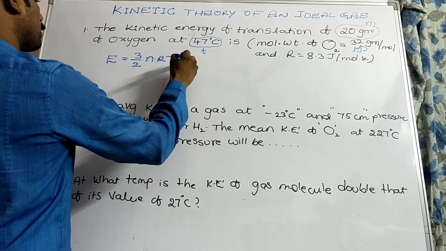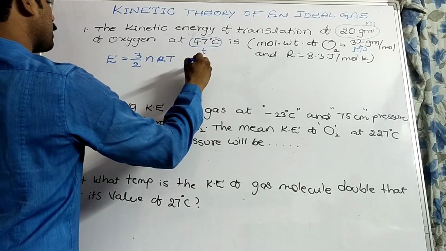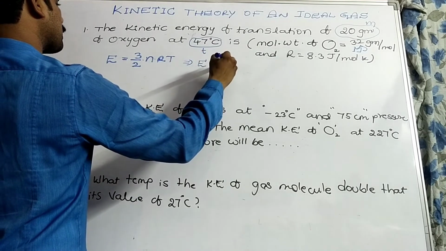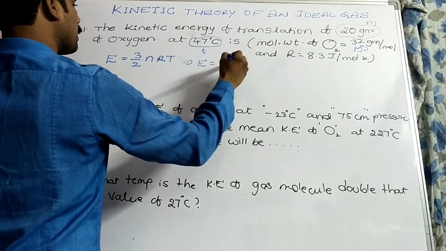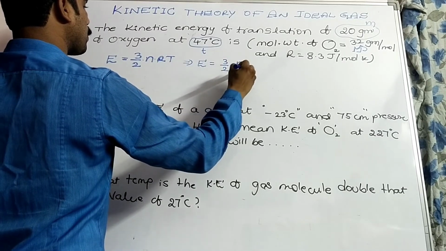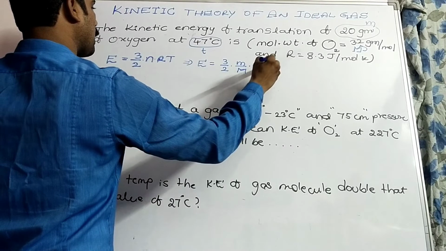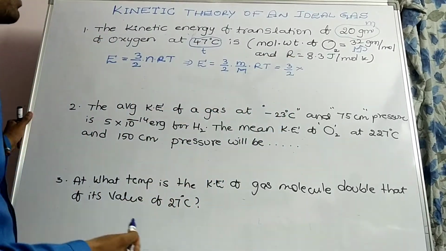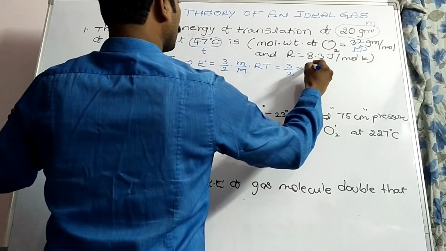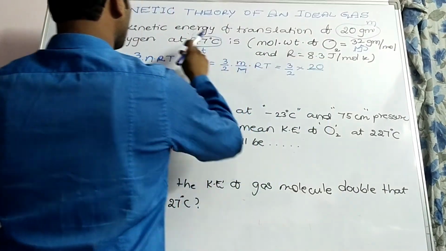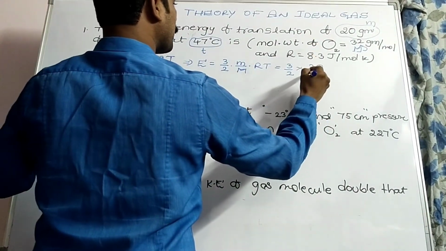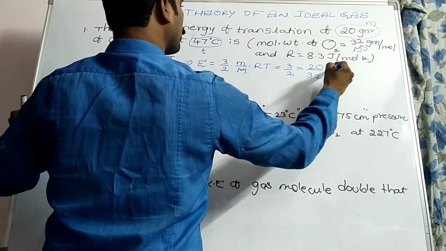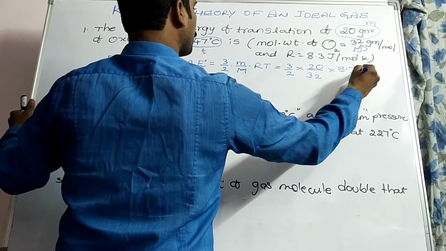That implies the expression can be rewritten as average translational kinetic energy E equal to 3 by 2 into the number of moles, which can be written as small m by capital M, into RT. That is equal to 3 by 2 into mass of the gas, 20 grams, by molecular weight of oxygen, that is 32, into 8.3 into